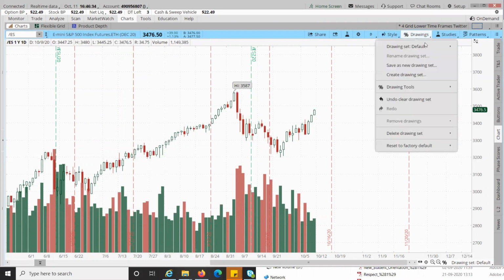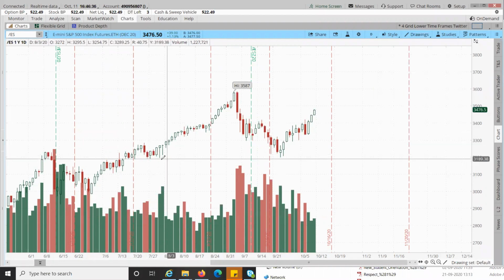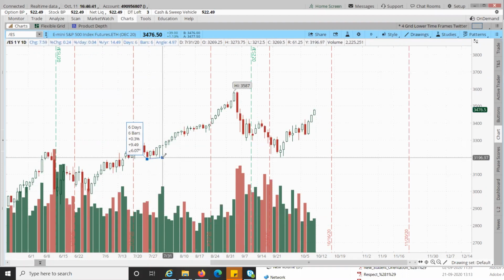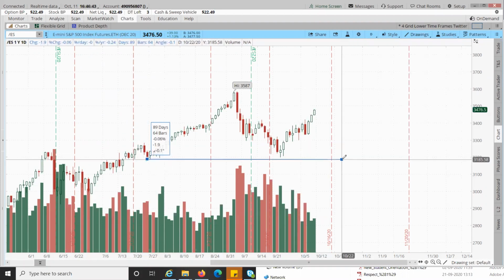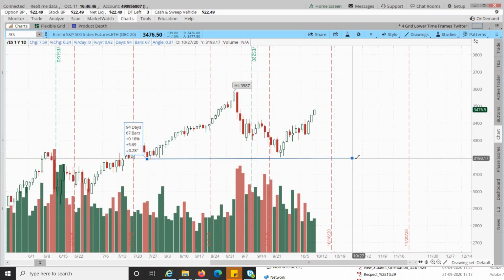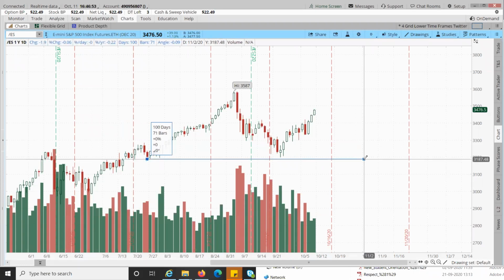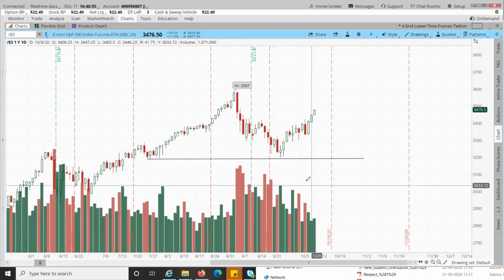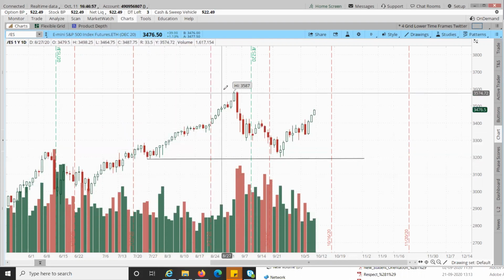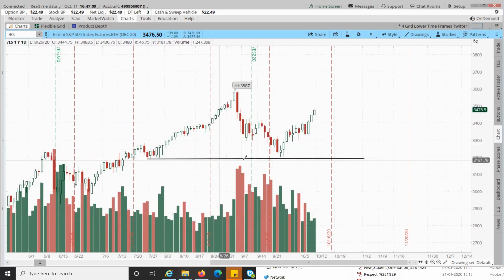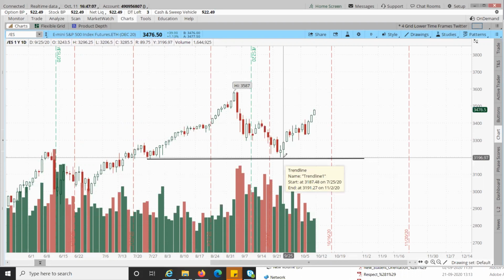Let me just draw a line so that everybody sees it. Look here. There was a support one time, two times, third time, fourth time. So when I'm here, this is the right line. See, when the market went up, it went up, but it came down. Look at where it took support, the 3198 region. So again, this was a buying entry.